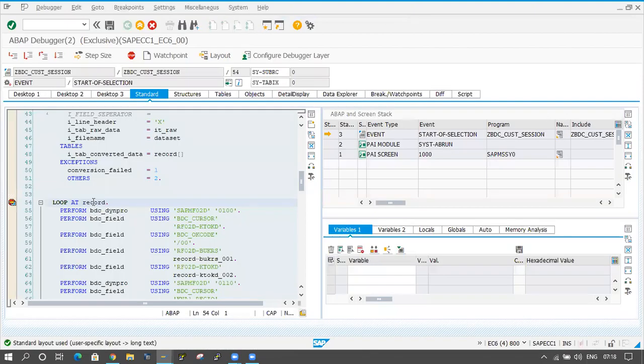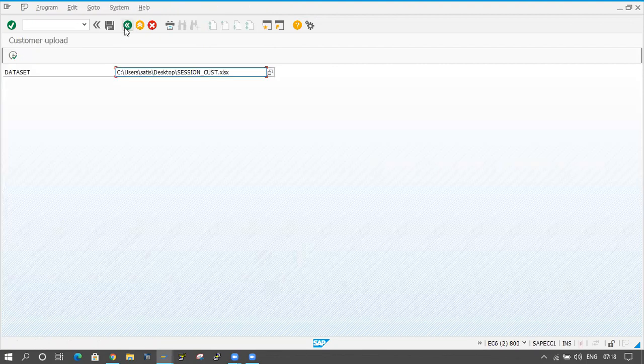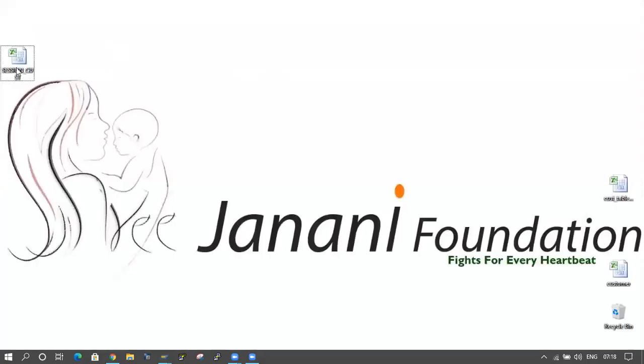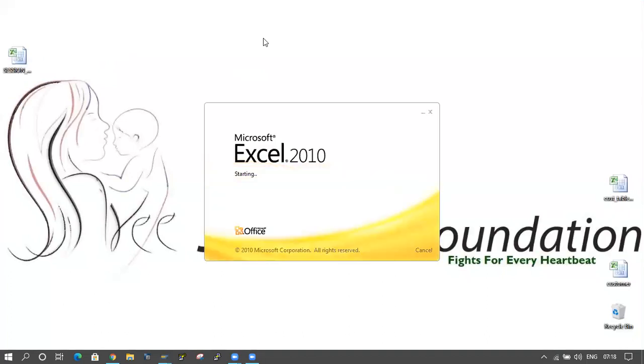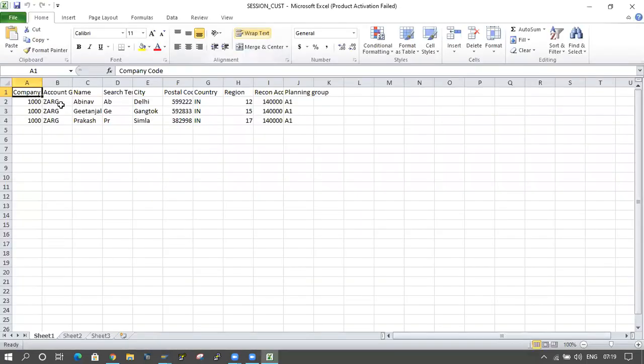Double click on record now. Zero records are coming. What's happening here? Click on a page button. Yeah, data is available. Fine, no problem.